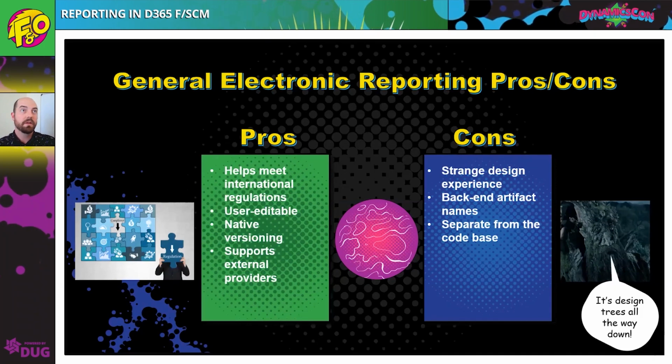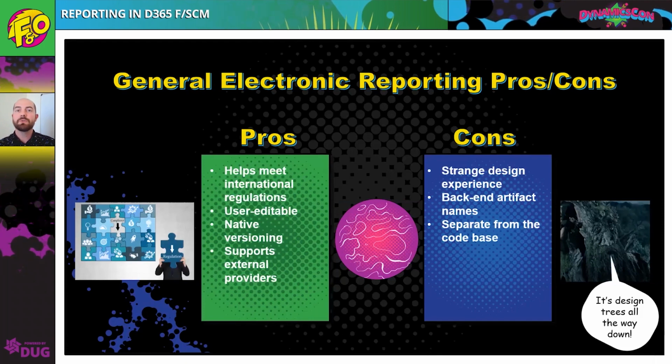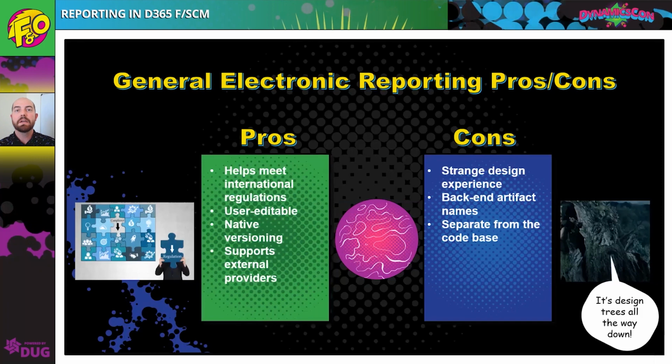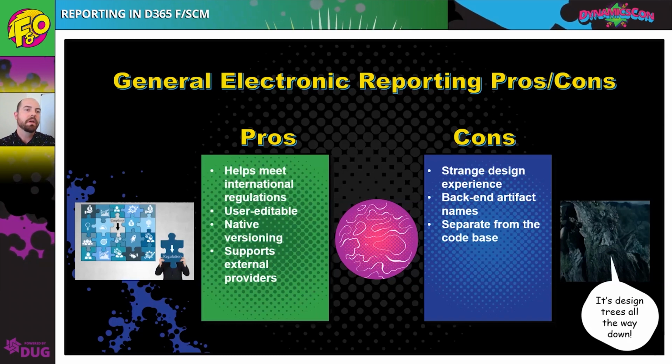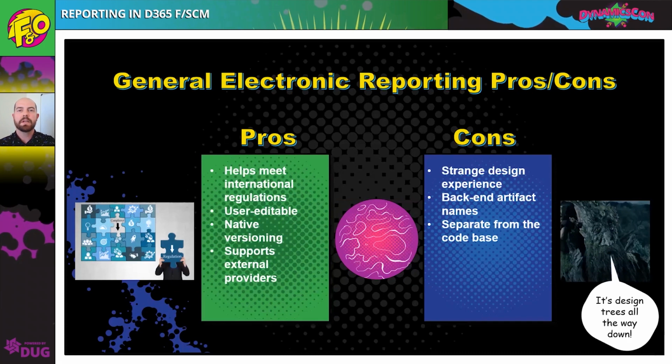There is what I would call a first class design interface in F&O. We're not opening some separate tool to work on these data and document formats. It's directly within F&O. It has native versioning, so I can specify which version of a document design I want to access. And it supports external providers, so you can, I believe, purchase or load document formats from organizations outside your own if you don't want to deal with all the hoops of